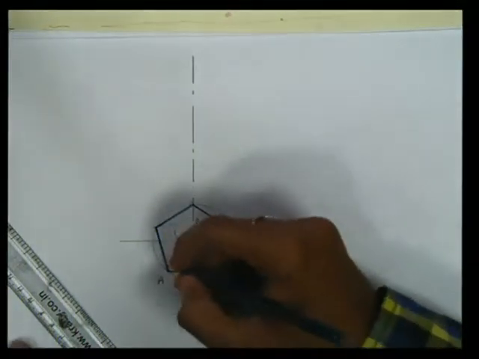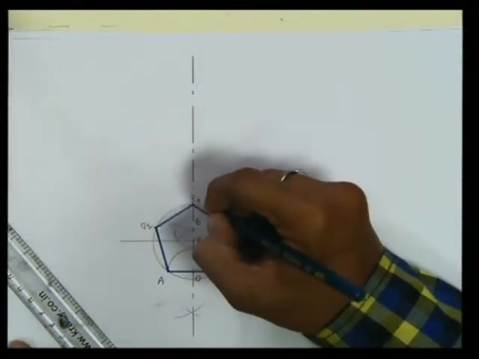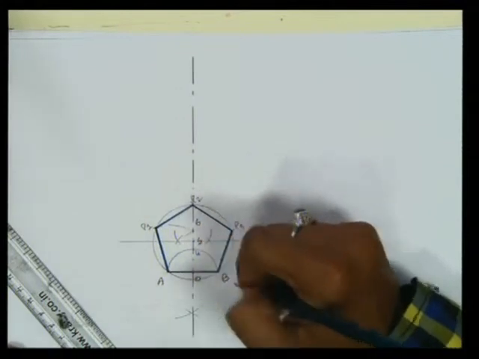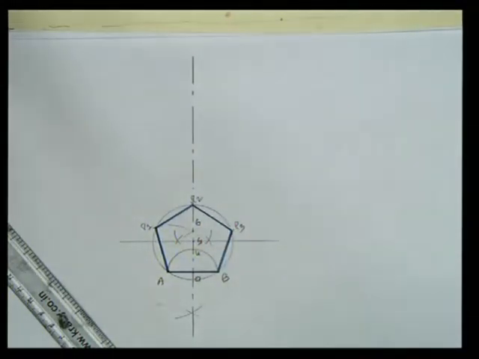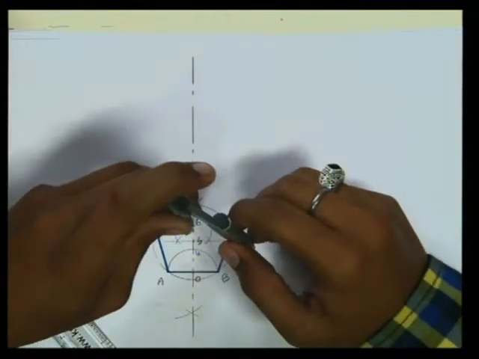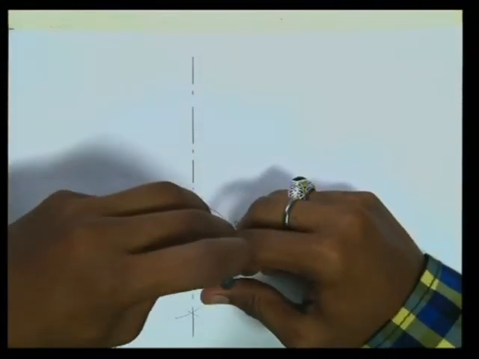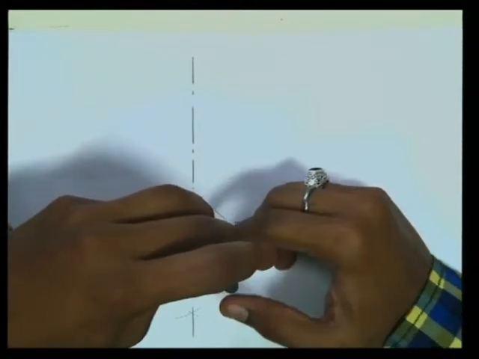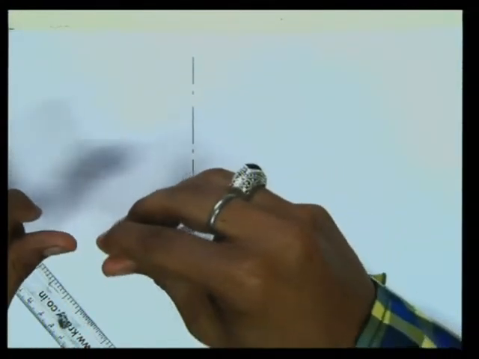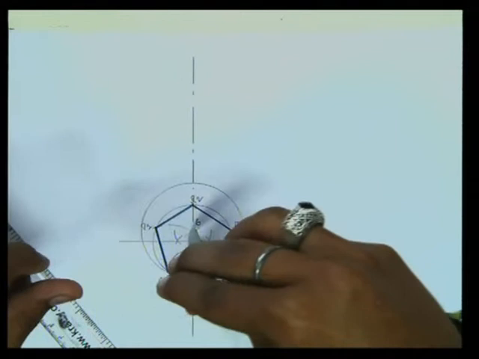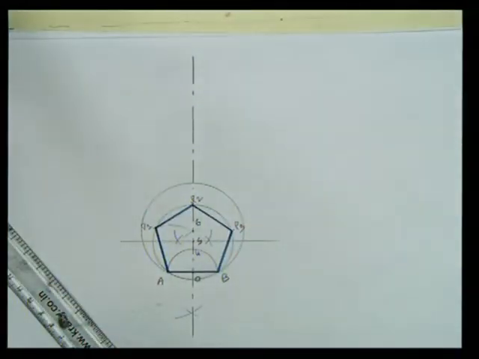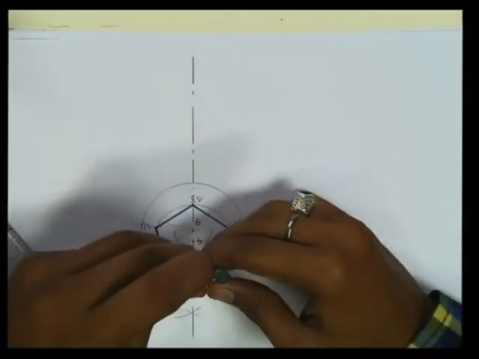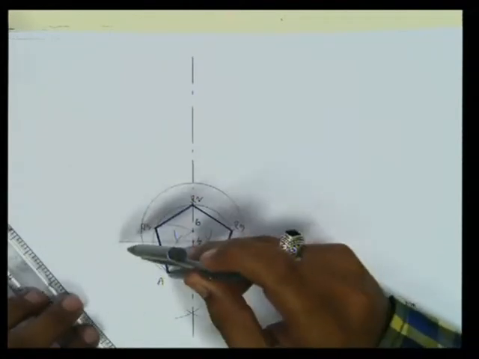We have drawn a pentagon. We will name this P1, P2, P3. Now keeping 6 as center, as we also need to draw a hexagon, keeping 6 as center, 6A as radius, and drawing a circle. Again same procedure would be there. AB as radius, cutting arc on this outer circle.